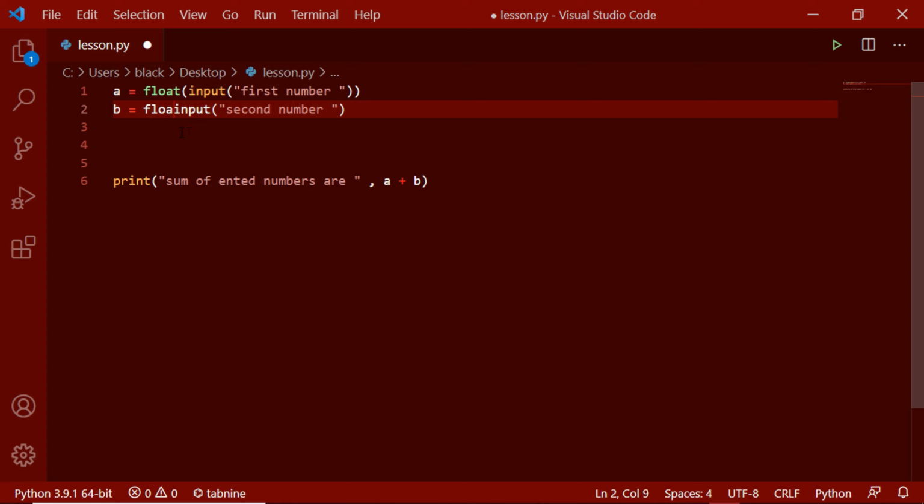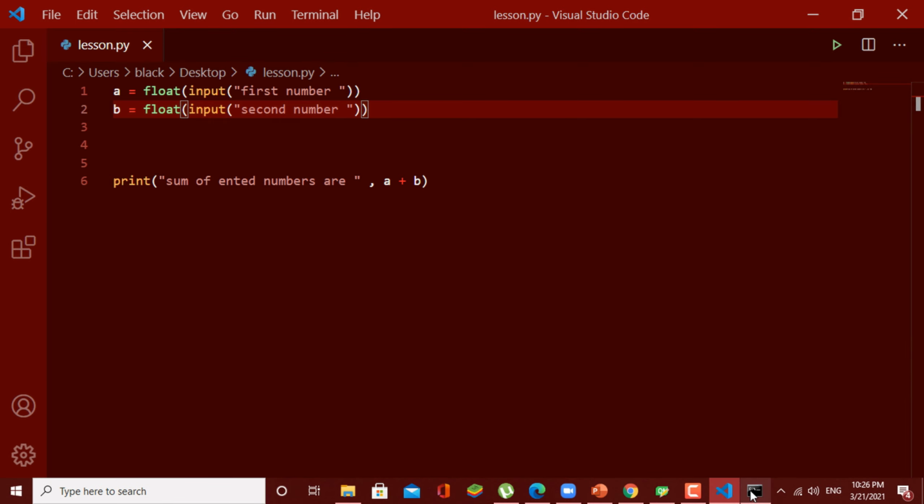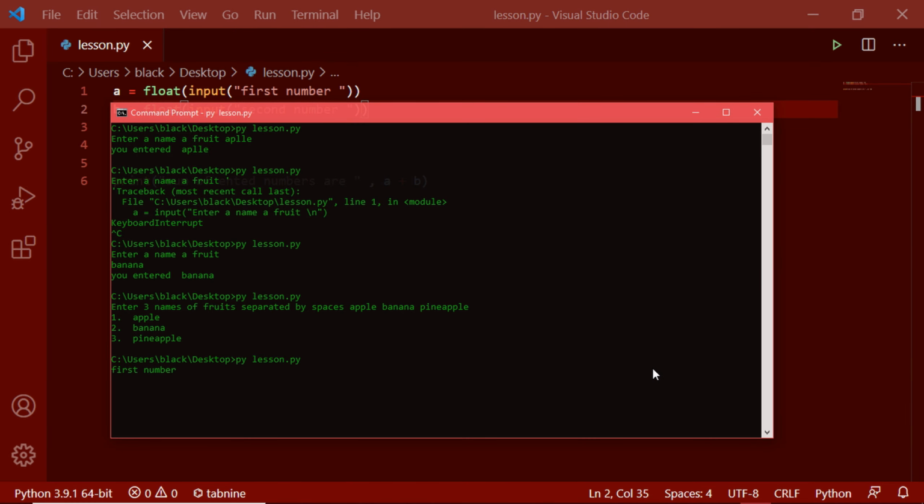We have to do the same to the second input also, and after that this should work. Let's see. Enter the first number, I give 10, second number I give 14, and the sum of entered numbers is 24.0. That's because we converted them to float numbers.